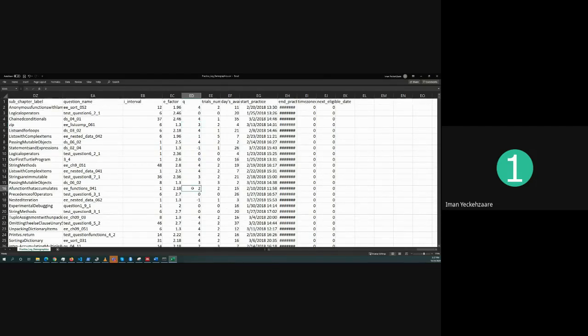2 means it was very difficult for this student to find the correct answer. They spent a lot of time. They tried multiple times, like multiple trials, they had a wrong answer multiple times, and then they tried to find the correct answer. 1 means it was extremely difficult. 0 means they couldn't find the correct answer at the end of the day,